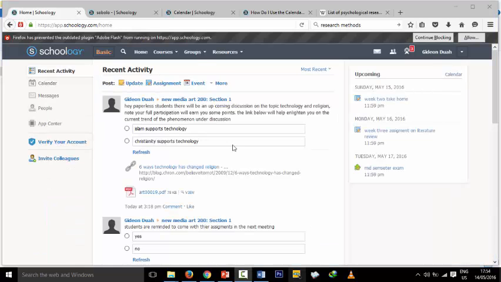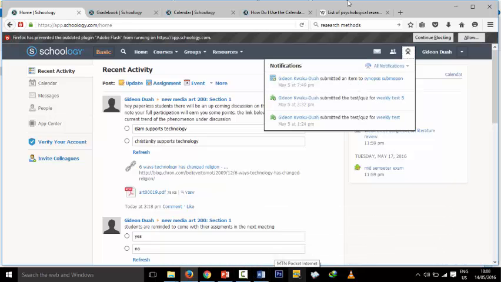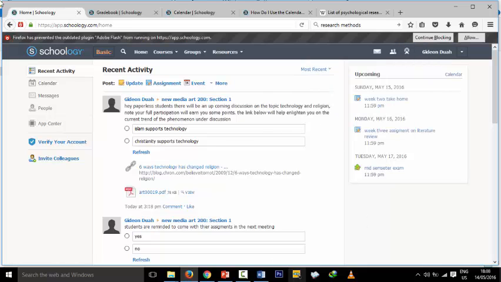So for the rest of the other features on Schoology, here we have upcoming, and here you can see the quizzes that you've already set for your students. So you have the first, second, and the third quiz. So as I said earlier,